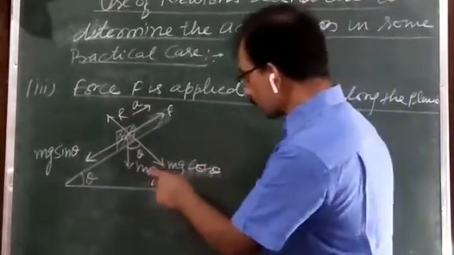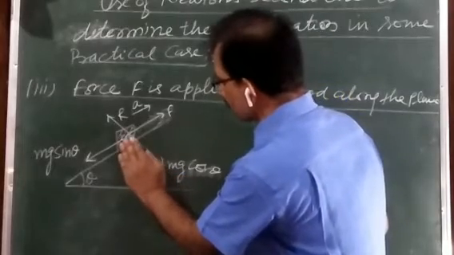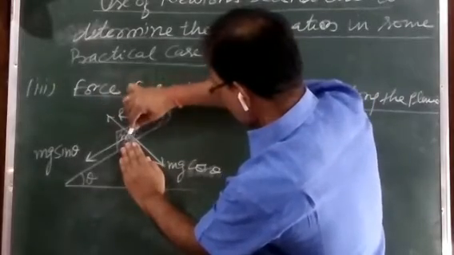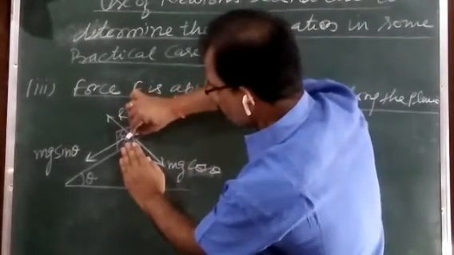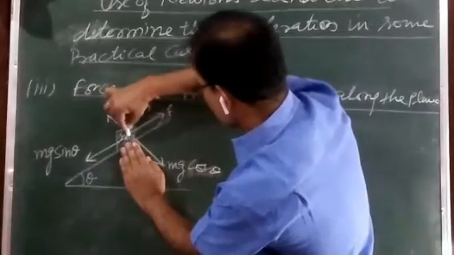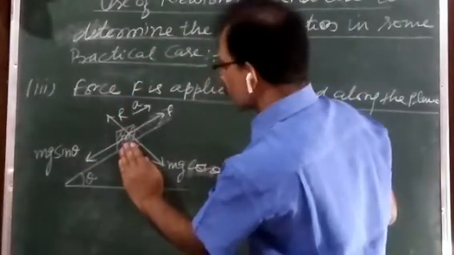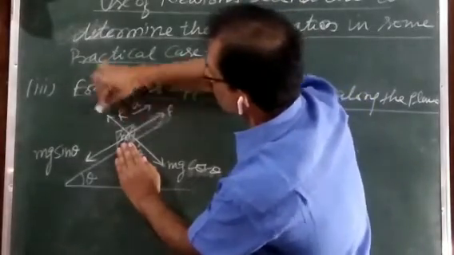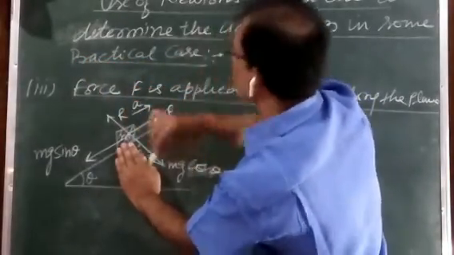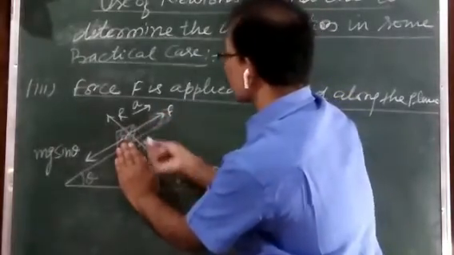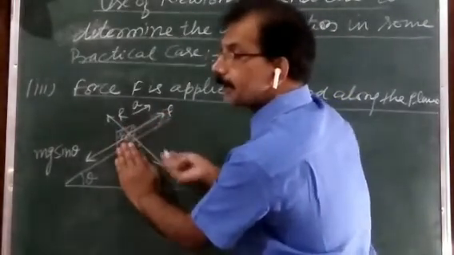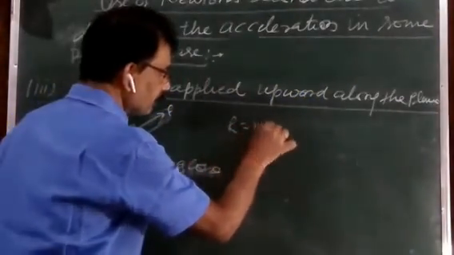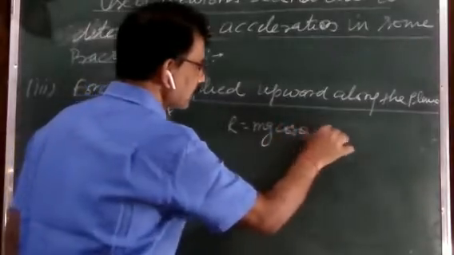So now when we take the components of mg, अब mg को काउंट मत करिए। अब देखिए how many forces are acting on this block। एक तो हो गया नॉर्मल रिएक्शन R, ये कंपोनेंट mg cos θ, ये हो गया mg sin θ, और ये हो गया फोर्स F। बट यू सी दिस ब्लॉक इज नाइदर मूव्स इन डायरेक्शन ऑफ R, ना तो इधर जा रहा है ना तो इधर जा रहा है। इसका मतलब ये दोनों फोर्स एक दूसरे को बैलेंस कर दे रहे हैं। तो R is equal to mg cos θ, the position।